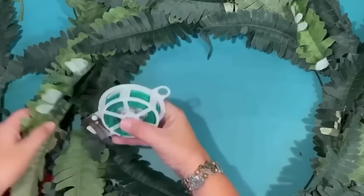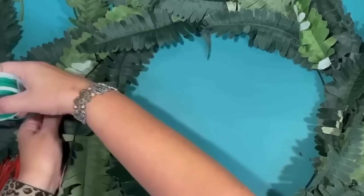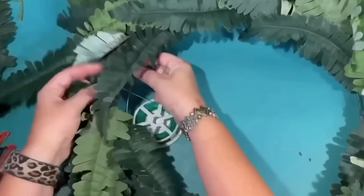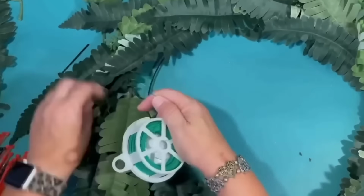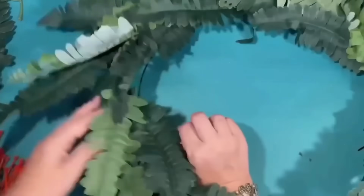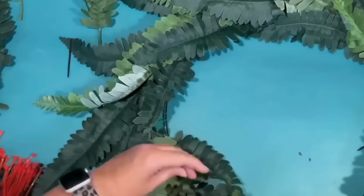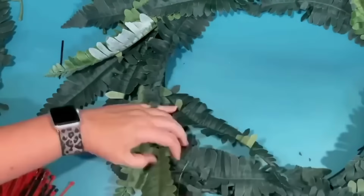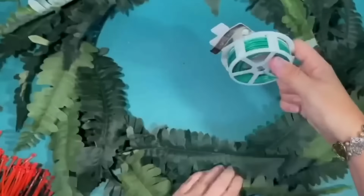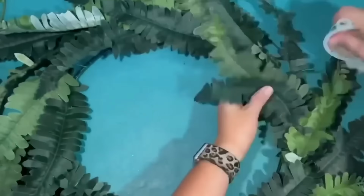I'm going to use this to help shape everything up and keep all the leaves in place, but it's going to blend in with that green color. It's not going to be super noticeable. And we're just going to wrap that around, feeding it in and out of leaves and stuff like that. And this really seemed to stabilize everything. The zip tie worked to attach it, but it wasn't great for keeping the round shape of the wreath form. So I just wrapped that all the way around,